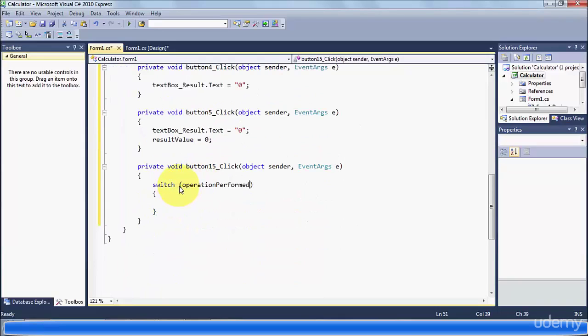Okay, so first of all, the case can be, not here, but case for the addition,